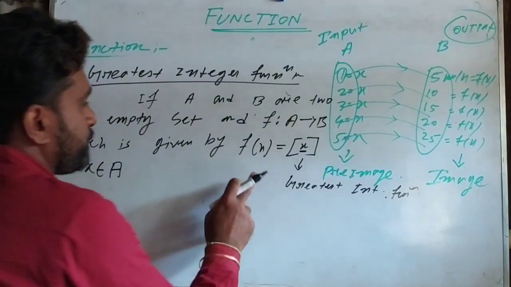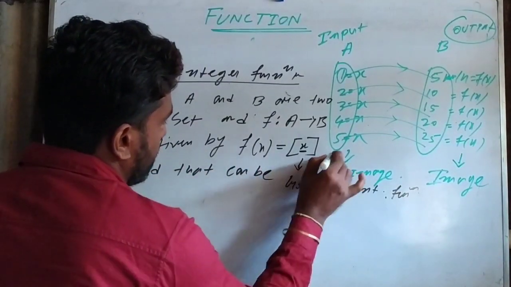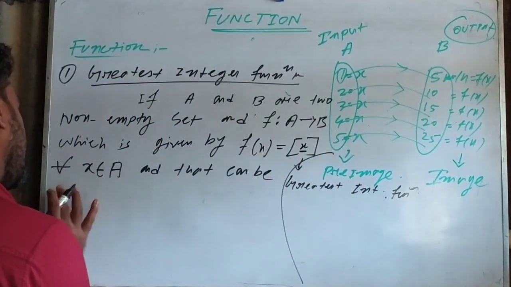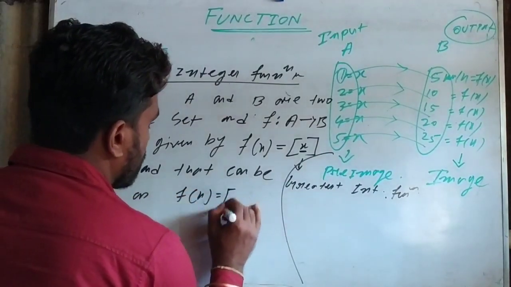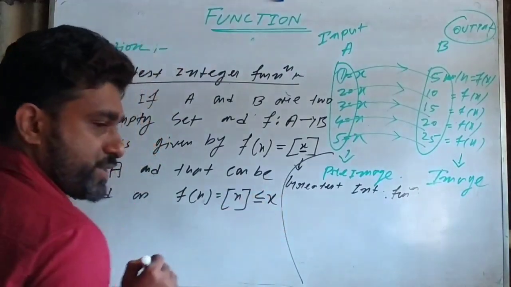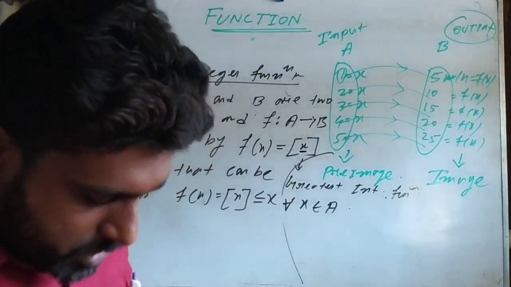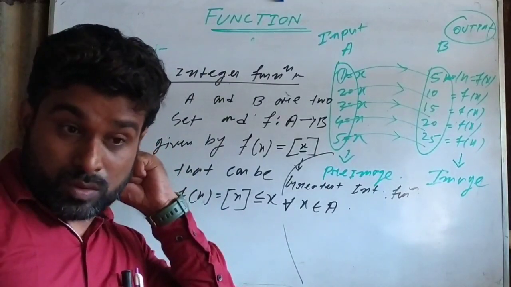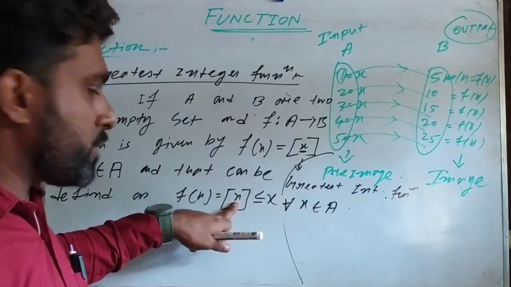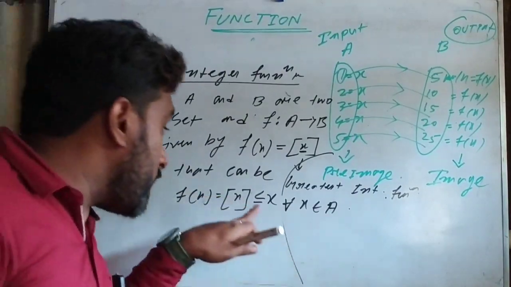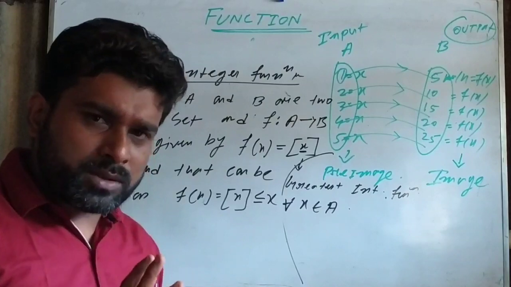ठीक है, तो यहाँ पर fx is defined as fx equals box of x less than or equal to x, for all x belongs to capital A. That means यहाँ पर fx का जब फंक्शन तुमने लिया है box of x, तो फंक्शन में इनपुट होगा, आउटपुट निकलेगा। तो इनपुट मीन्स x का वैल्यू, और आउटपुट मिलेगा जब तुम x का वैल्यू पुट करोगे यहाँ पर। जो आउटपुट मिलेगा वो हमेशा x से less than or equal to होगा।